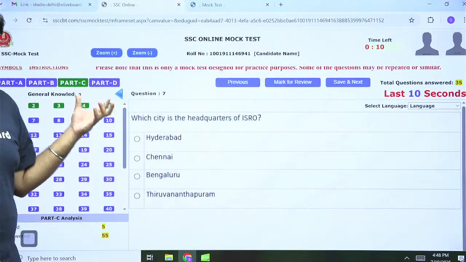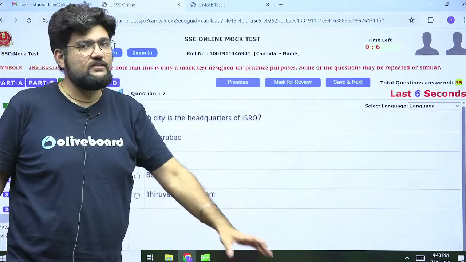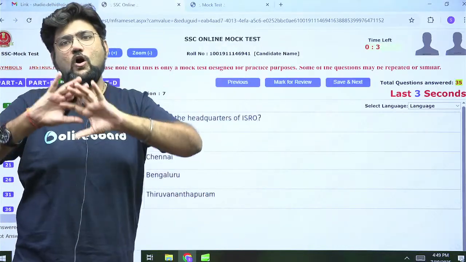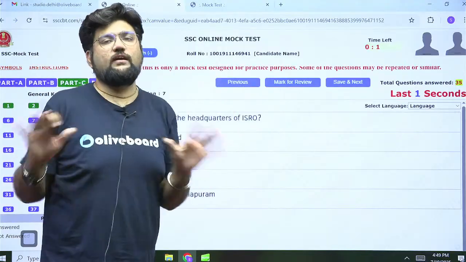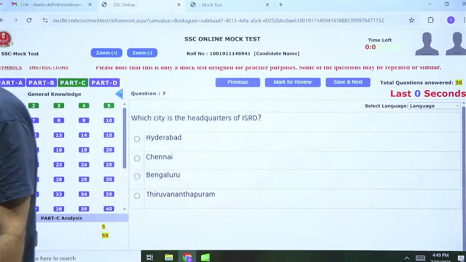This is just designed on a mock basis for you to understand what the interface will be like. There is no huge change in your syllabus or your topics or your subjects or whatever. Everything else is the same. Don't worry about that. Don't panic about that.